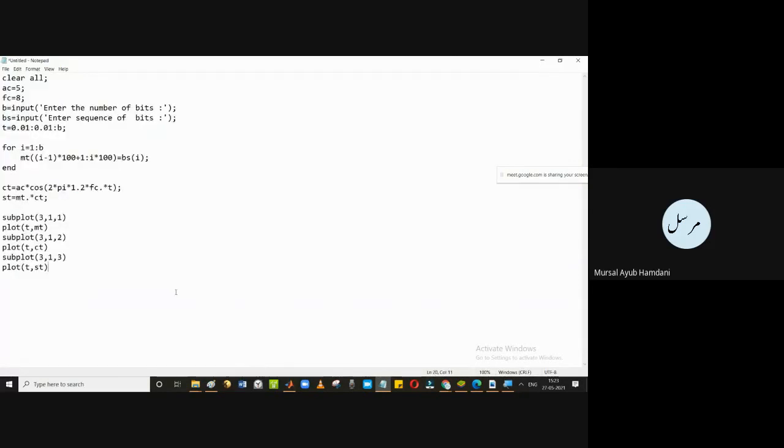AC and FC again I am giving on my own. You can input them as well. Then here I am doing different things. I'm not making any random sequence. You can do that also, but here I'm not doing that random sequence.